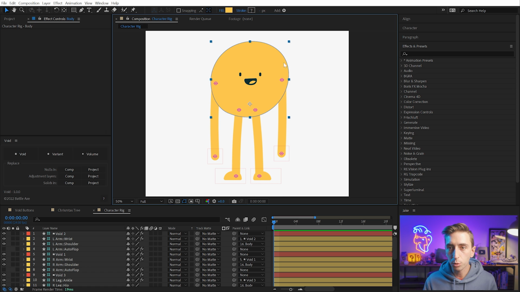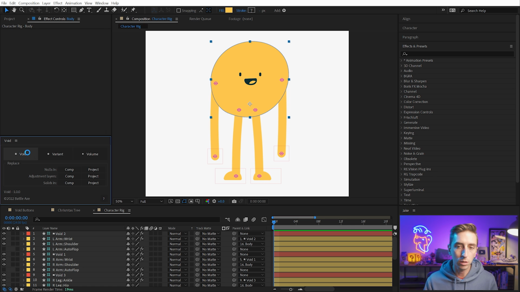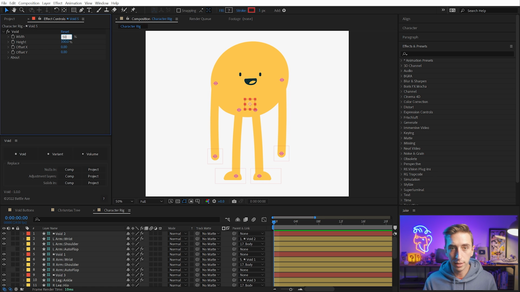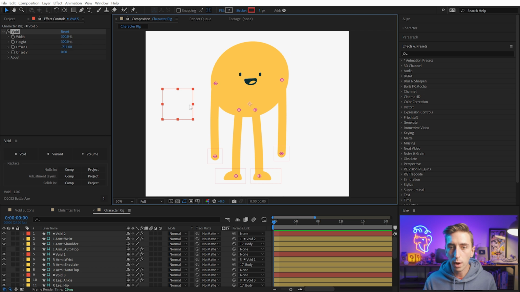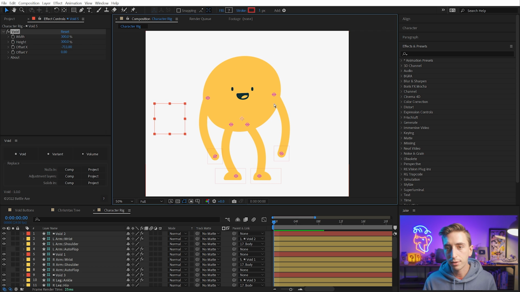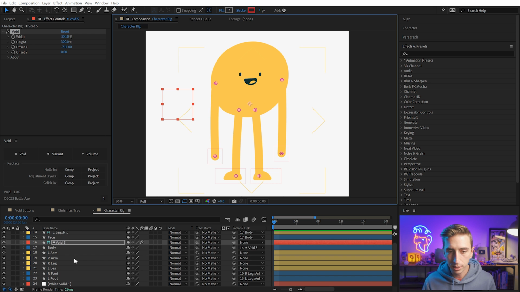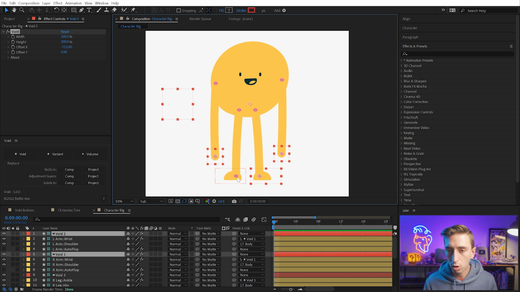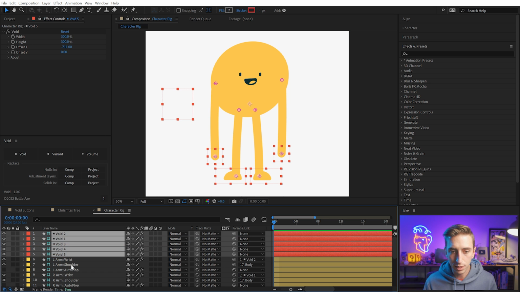Finally, let's make a controller for the body. You see I moved the anchor point down to closer where his waist would be. I'll click on Void. I'll make it really big this time. Let's say 500 by 500. Offset the X, actually that's a little bit too big. Let's say 300 by 300 and reposition this off to the side. This way I can just quickly grab this controller off to the side without having to move my mouse over top of the character. And with all of those selected, I'll move them to the top of my composition and